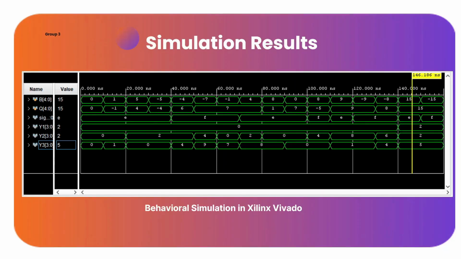So lastly, for my presentation, upon simulating the main module together with the test bench, we have obtained the behavioral simulation result. It shows that the Booth multiplier we have designed operates accurately. The F, as you can see on the screen, corresponds to the negative sign, while the E is the positive sign. The Y1 is the MSB or most significant bit, while the Y3 is the least significant bit